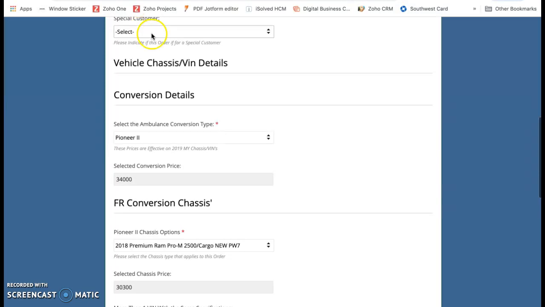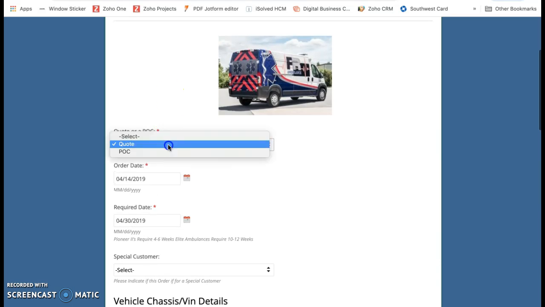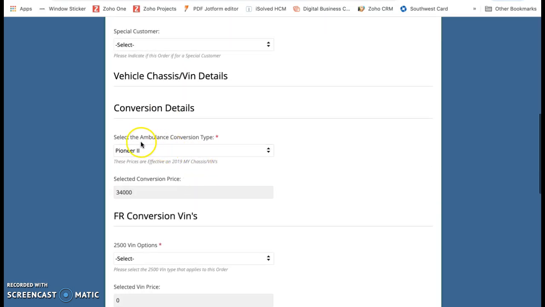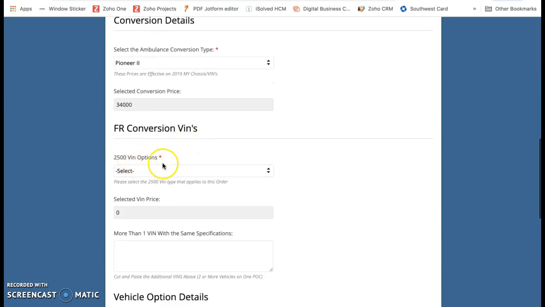Okay, so now let's look at selecting a VIN as an option instead of selecting the chassis based on the purchase order or the quote. So if we scroll back to the top of the screen and we change the quote to a POC, and then we scroll down, you'll see the conversion type stays the same, but now it gives us VIN options, which